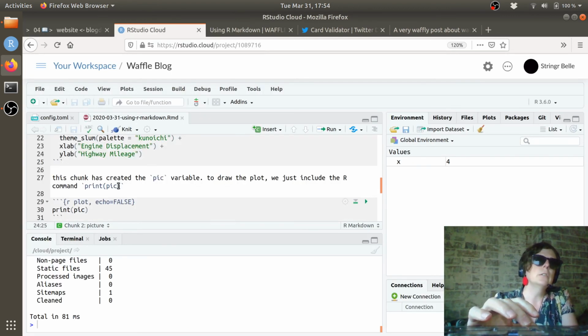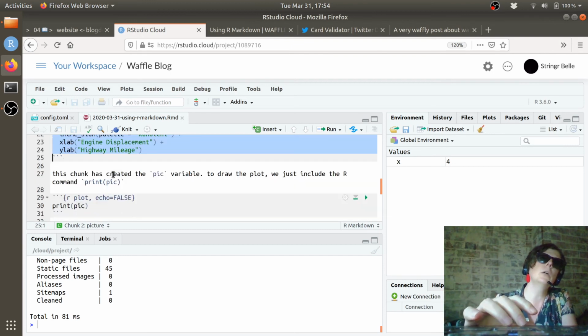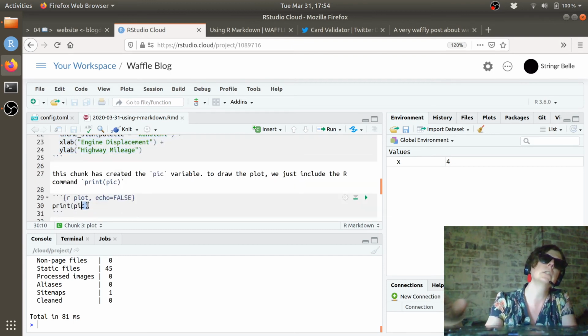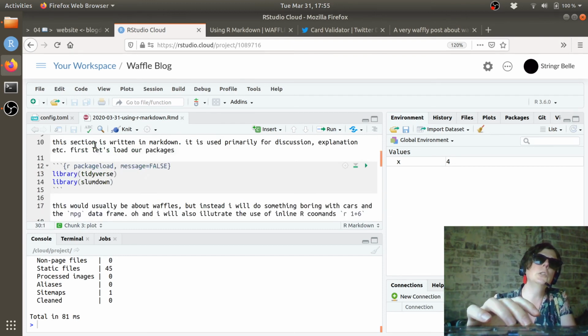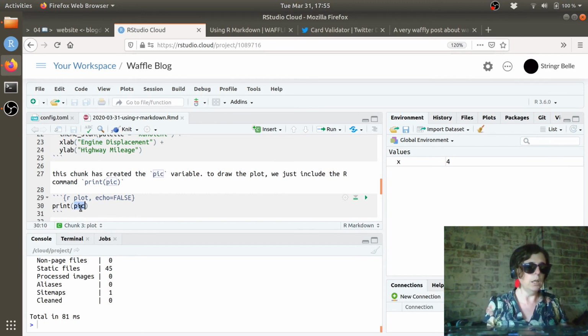The nice thing about all of this is that over here in the picture chunk I created this pic object, but then I didn't actually print it down here. So this is treated very much like an R script. It does those things, then it does that, and then you're all done. And so from here,